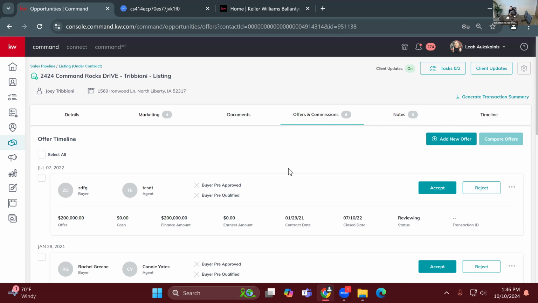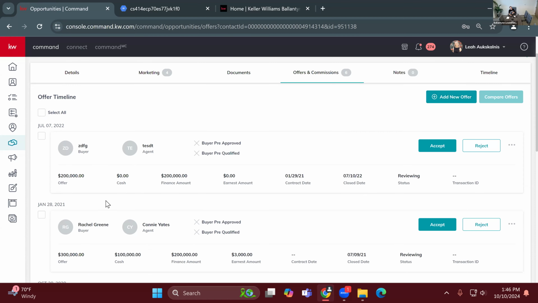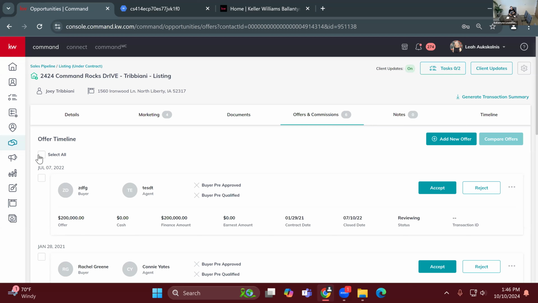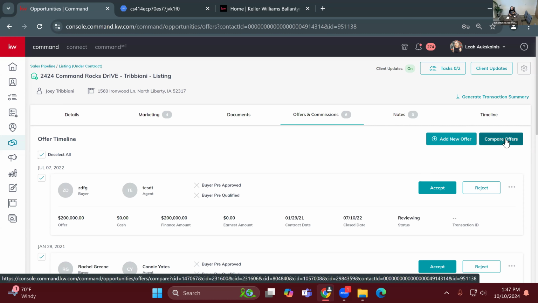Okay, so again, pretend that you have the multiple offers, you came in here and you click add new offer for each one. So you have, like, let's say you see on my screen, I have like 3 different ones. So now what I can do is I can click on select all on the left hand side, right? Or I can just check the check boxes I want. Select all, and you'll see when I select the check boxes, it then makes this compare offers button green, available for us to click. So when I click on compare offers here,